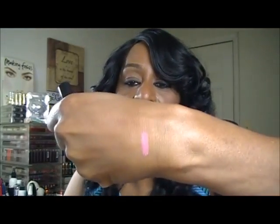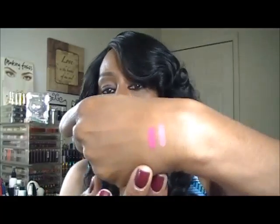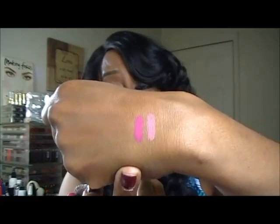and there it is swatched out on my hand. And if I'm moving too fast, guys, I apologize. I just don't want you guys sitting there forever and a day. This next one is called Fuchsia, and I should have had all of these pulled out already. But here is Fuchsia, and I like the feel of these. They're not like that super drying matte feel. They're a comfortable wear on the lips, so definitely if you have an opportunity to check these out,